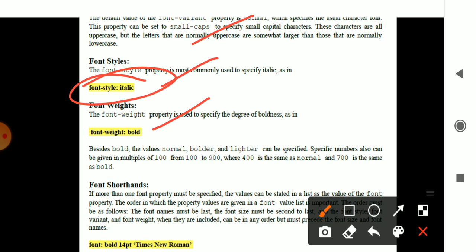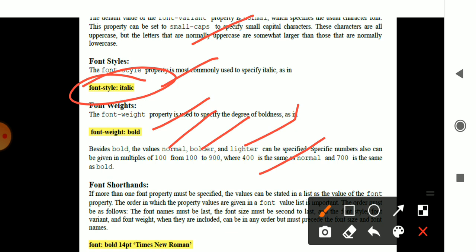If you want to change the boldness, then you have the values normal, bolder and lighter. So in the bold aspect you also have other options: normal bold, or if you want much bolder, you can use the bolder option, or you can use the lighter option, which is in the range of 100 to 900, or 400 to 700. That range is there for the bold fonts.